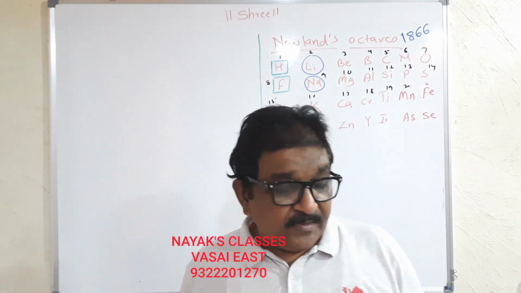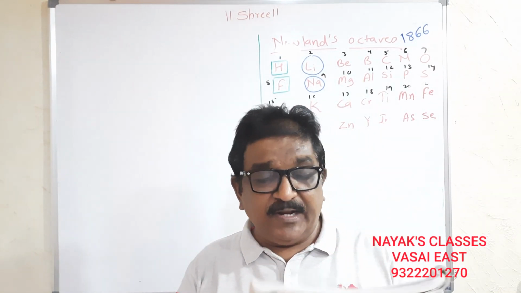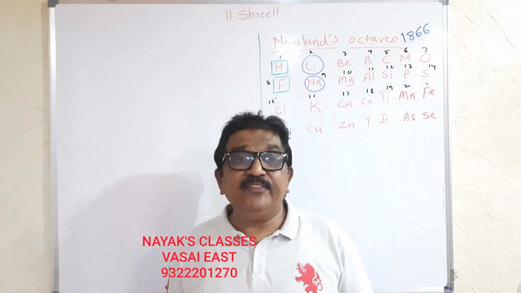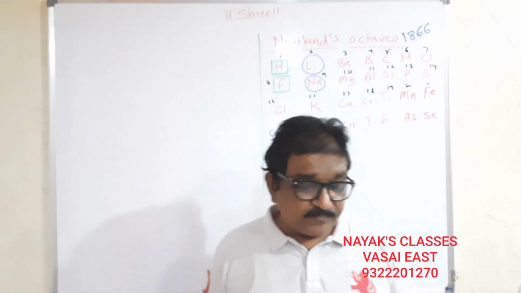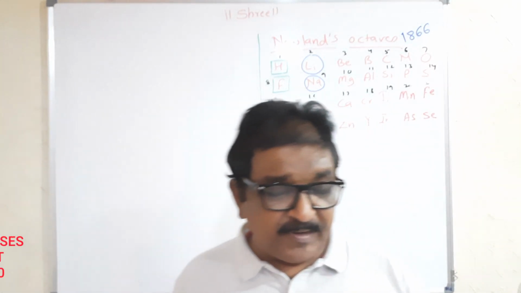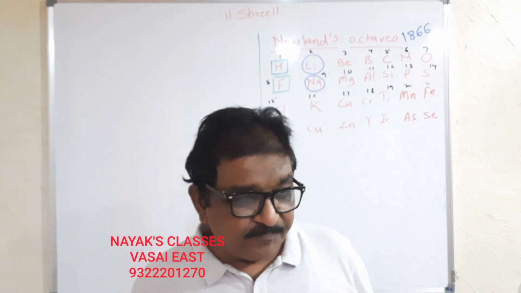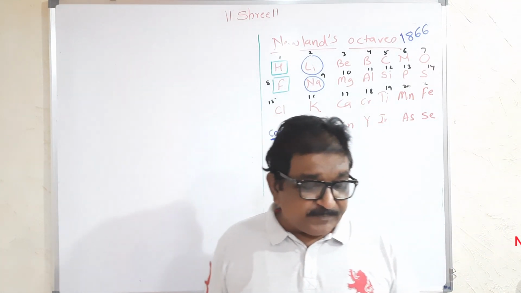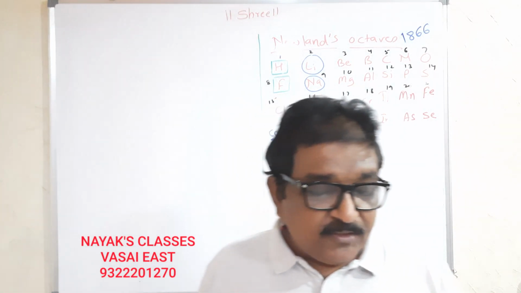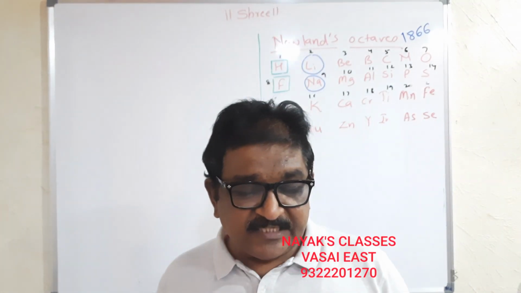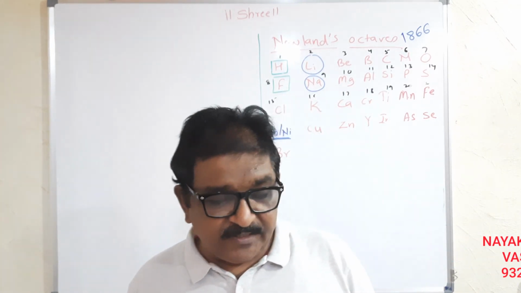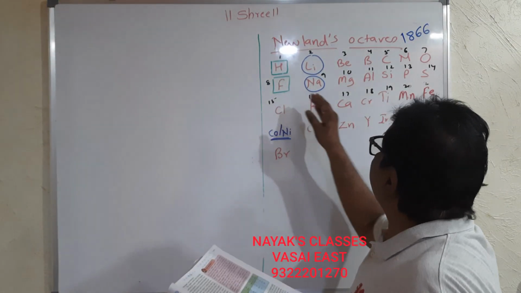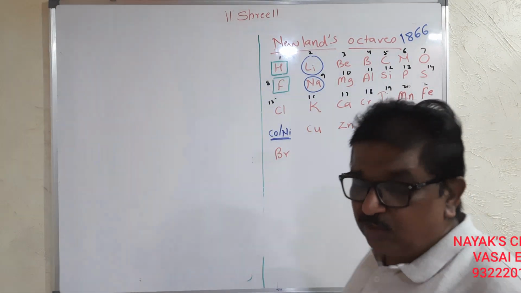It says, many limitations were found in Newland's octaves. This law was found to be applicable only up to calcium. Newland fitted all the known elements in the table of 7 into 8. That is 56 boxes. He made 56 boxes, and in those